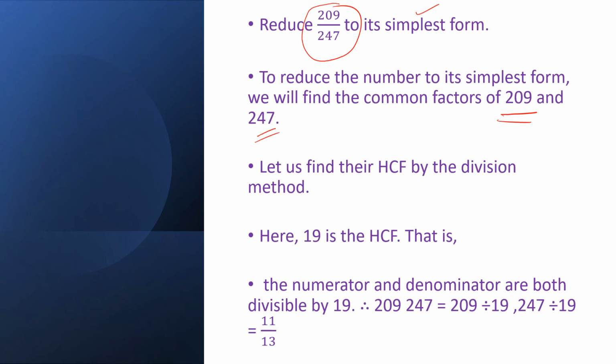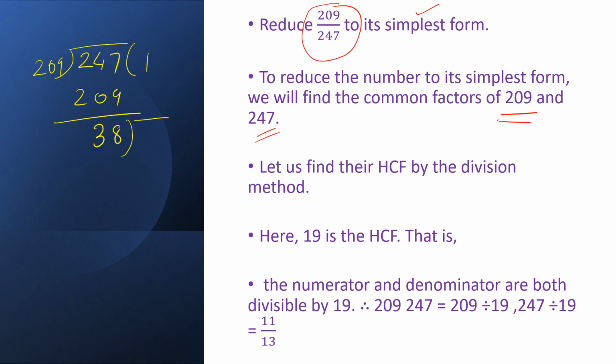And now you have at least 2 or more methods to find the highest common factor. And the last one was the division method. I told you that it is a little time-consuming or tough, but for numbers like this, sometimes it will do wonders. Here the biggest number is 247 and the small number is 209. I am trying. So what will happen? It will go one time, 209, and 247 minus 209 means 38.